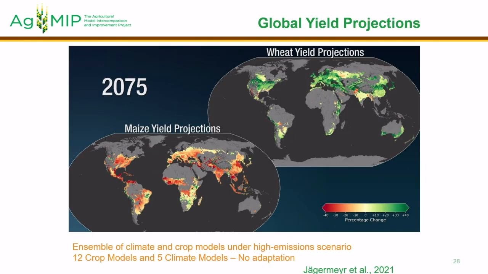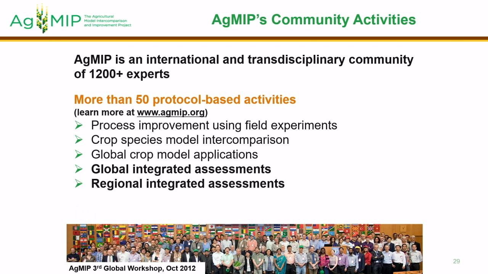We just saw this animation from Karen, so I'll just highlight one of the future years here and note that these are the types of models we're using to look out into the future in this high emissions scenario. That was 12 different crop models with 5 different global projections that we use to go out into the future. And we're validating those models in the current period and understanding them on several different levels. We're also looking at combining our global perspective with regional perspective and going across different disciplines.